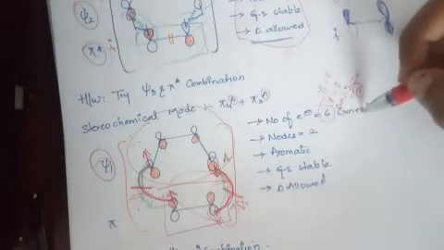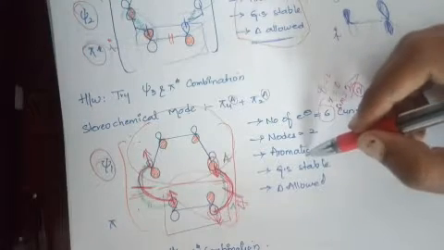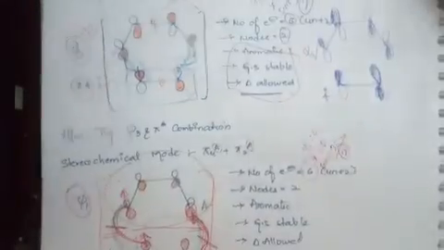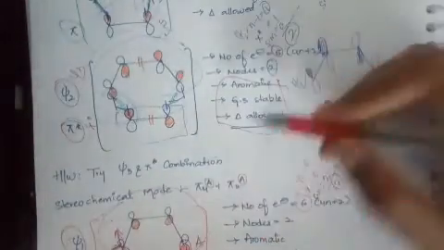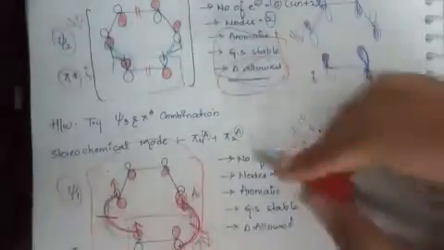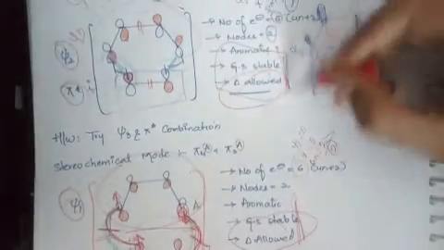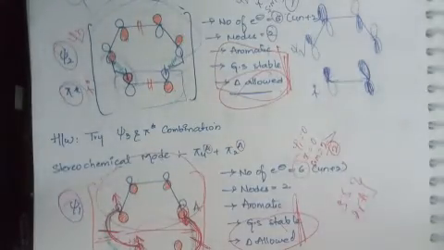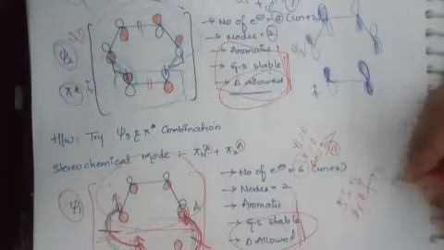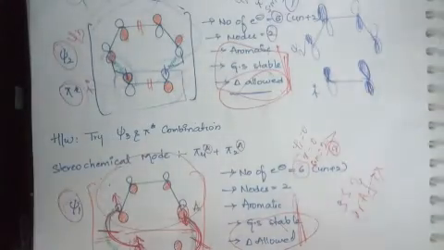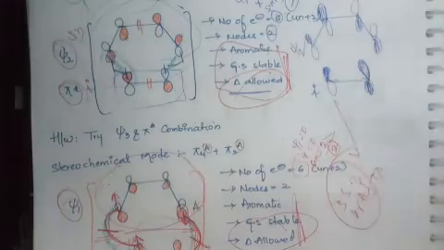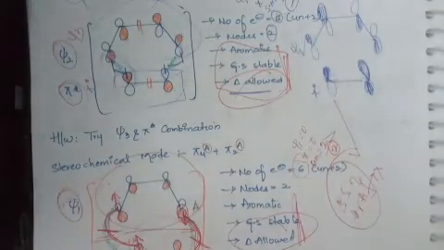Again, a 4n plus 2 system with an even number of nodes is aromatic. As it is aromatic, it will be stable in the ground state and it is thermally allowed. So if you take the supra fashion or the Antara fashion, both will be stable only in thermal conditions. This part won't change for supra or Antara. Both cases will give the same answer. But Antara is not applicable for a smaller system. When you take a bigger system, you will get a product in both cases. But for a smaller system, Antara is not allowed geometrically. So I can write here: thermally.